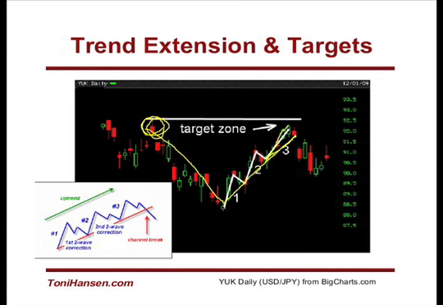So that helps confirm that setting that target in that zone was going to hold pretty well as at least a temporary target level. It might have changed momentum along there and had a stronger break higher, but in any case, you could have very easily predicted that there was going to be some sort of reaction off of that zone, whereby you would have a larger price correction that would at least break the channel from that uptrend.